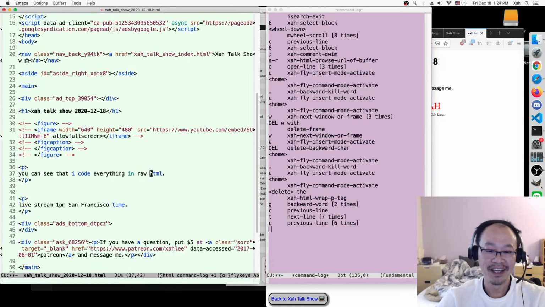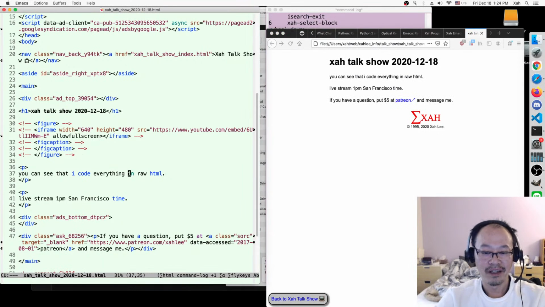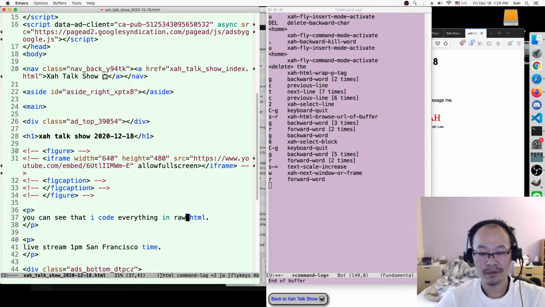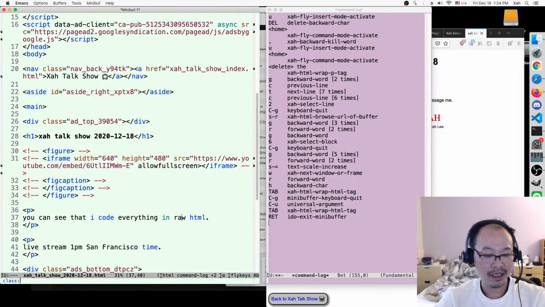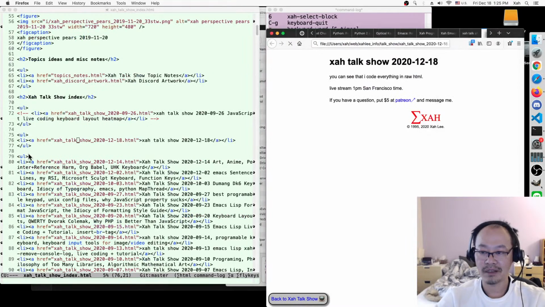Let me show you. Okay, so for example, let's put the cursor on the, let's magnify. Okay, magnify, show the pink window, and I want to add a span. Span and class, let's say bold. Let's say class whatever. Okay, you see it automatically added that. Okay, and show in browser, there's no change because